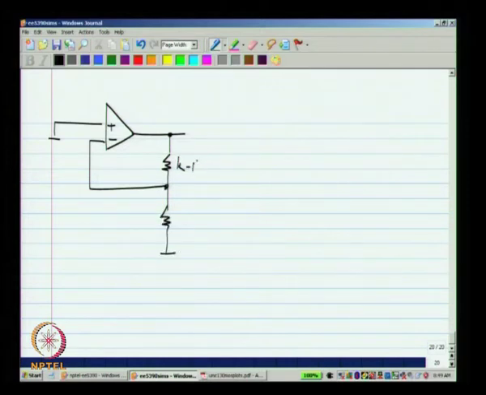Whenever you break a loop, wherever it is, you have to be very careful about loading. I have assumed that I am breaking at the input of the MOS op amp. So, for DC of course, there is no loading, but looking into here there will be certain input capacitance. Okay. Now, when you break the loop, this node is no longer loaded by the input capacitance. Now, this is a very important thing in loop gain, because if you have this loaded by the capacitance, there will be some phase shift from this point to that point, otherwise there will not be anything. So, what you have to also do is to estimate the input capacitance and put it there.